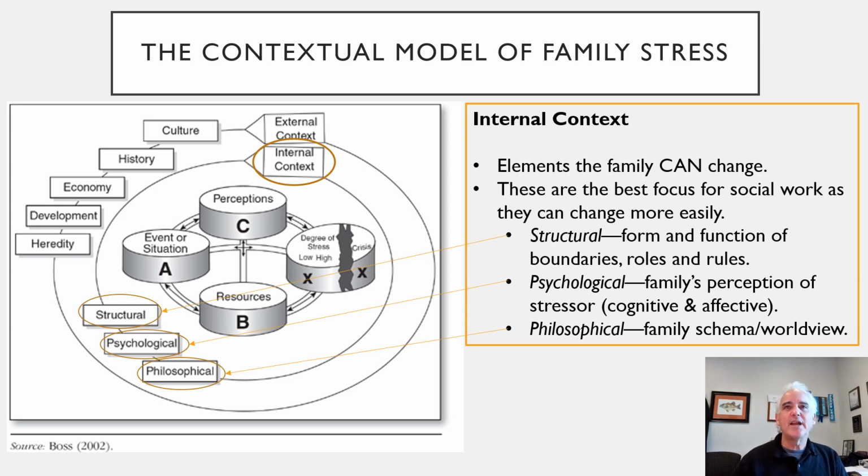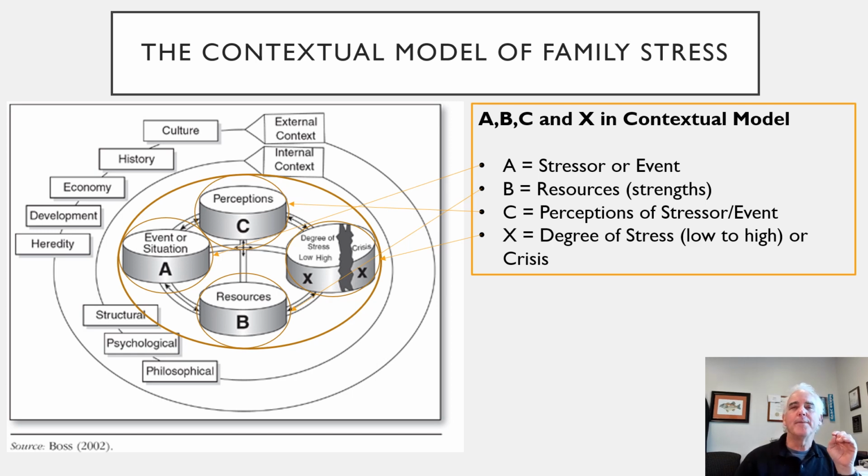So in the next slide, then, we're going to move to the A, B, C, and X in this contextual model. So let's move on. Okay. I've circled, and it's a little bit more difficult to see my circles, but there's a larger circle around that inner piece, right? The A, B, C, and X. And so we will deal with each of these one by one in the next few moments. But you don't really need to do much work on this because you've already been exposed to the ABCX model.